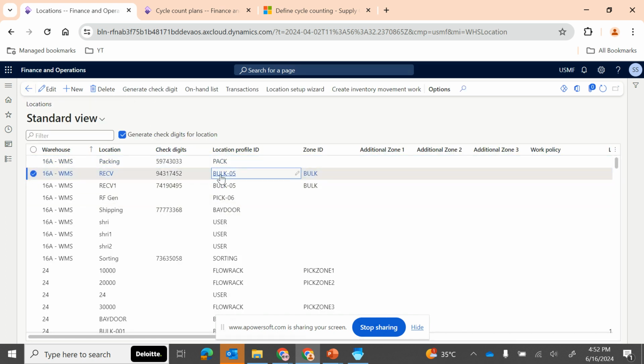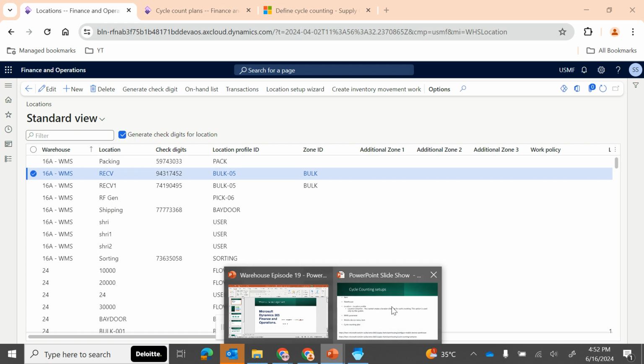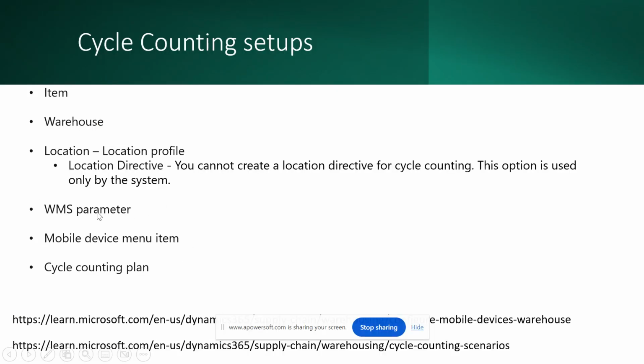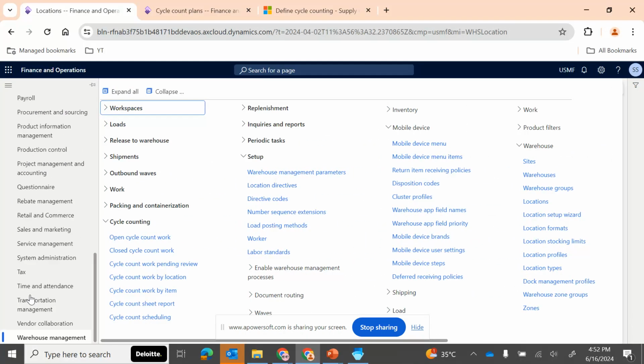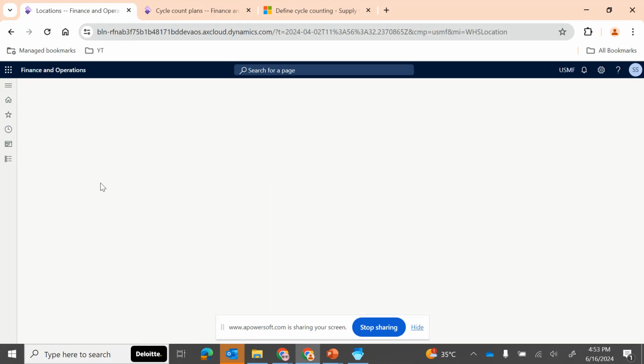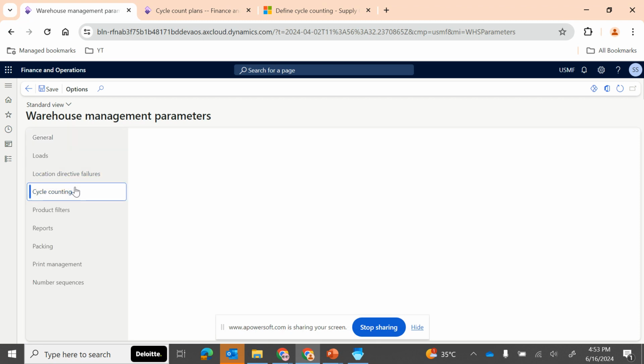So make sure that first in the location profile the cycle counting is enabled, and that particular location profile is tagged to the location in which you want to perform the cycle counting, right? Let me go back to the presentation. The next one is we need to check the WMS parameter, which is warehouse management parameter. If I go to warehouse management setup, warehouse management parameter, make sure that we need to tag the appropriate cycle